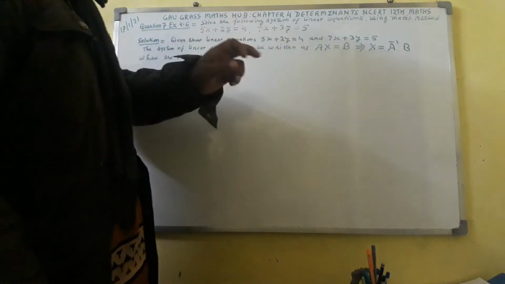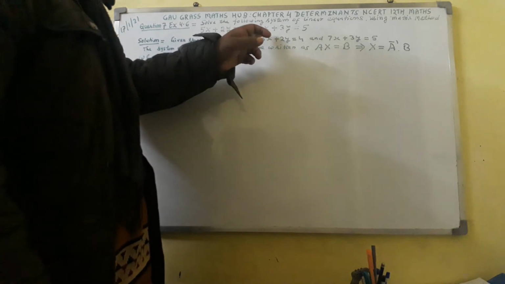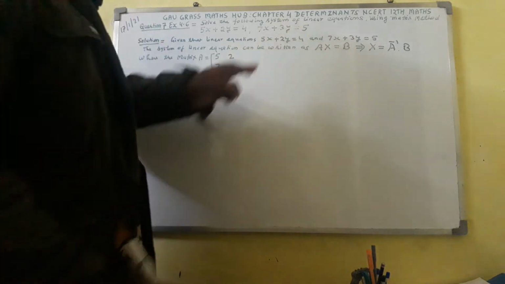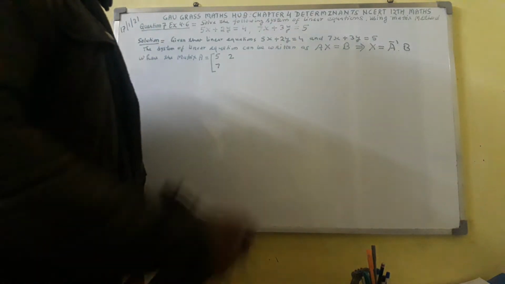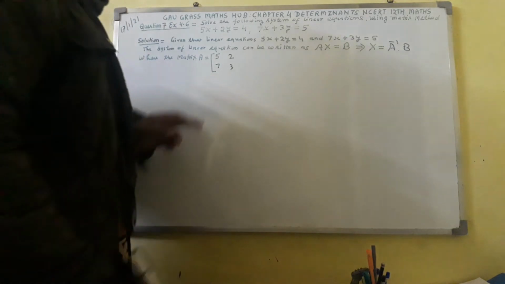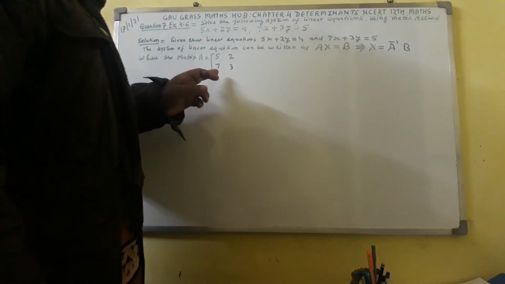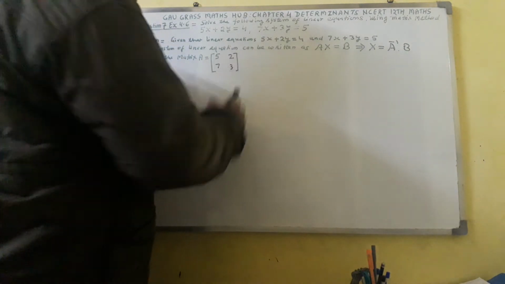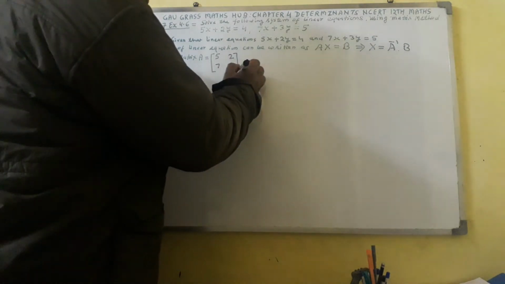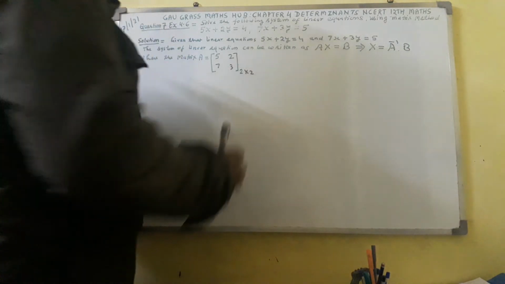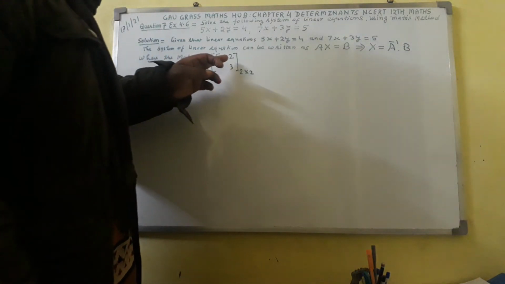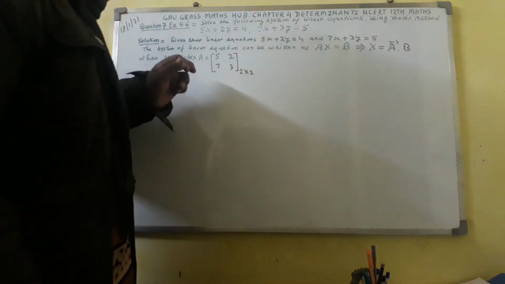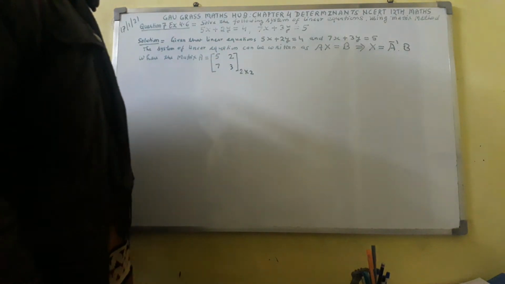And this is the second equation. From the second equation, you will take coefficient of x as 7, write here 7, and coefficient of y is 3, so here write 3. So the second row elements will be 7 and 3. Here you have found the matrix A of order 2 cross 2. Because in this matrix A, there are two rows and two columns.